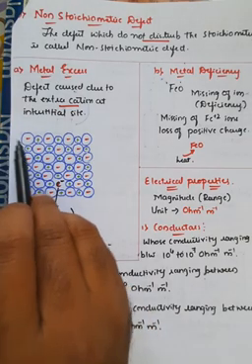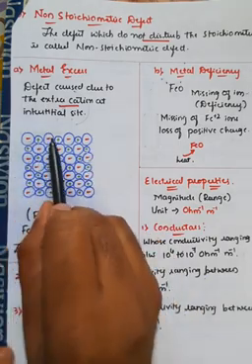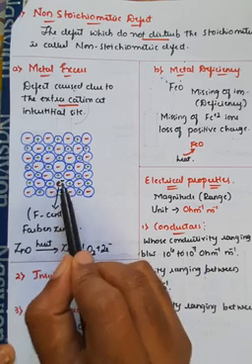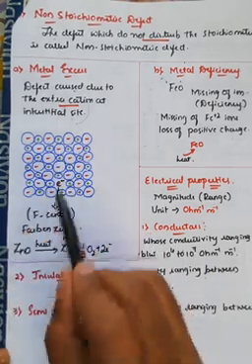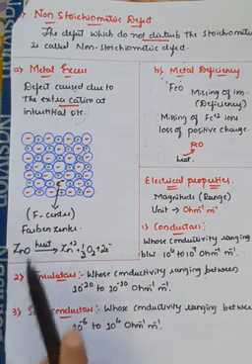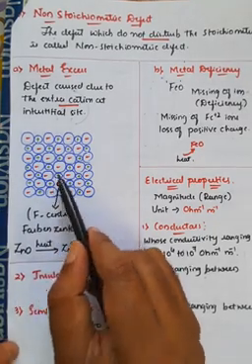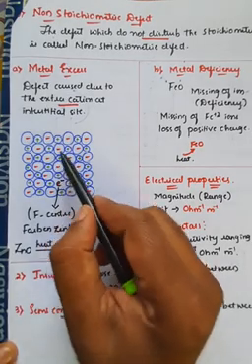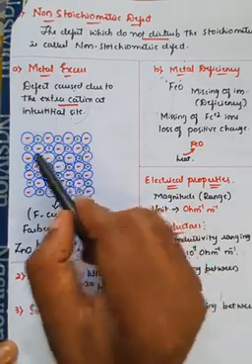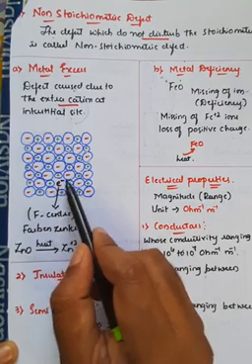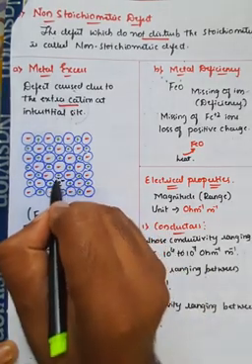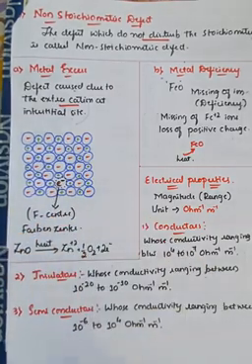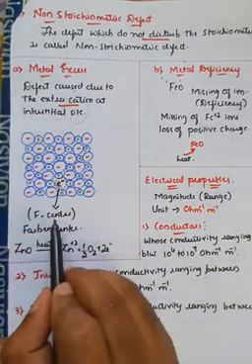Here if you observe, this is the arrangement of atoms: negative, positive, negative, positive, negative, like this. I have removed one electron here. If you count, the number of positive charges are more due to the removal of one negative charge, right? Since we have removed one electron, it looks like there is one extra proton or one extra positive charge, right? So for this removed electron, there will be an empty space. Here there will be an empty space due to the removal of the electron, and this empty space is generally called F center.